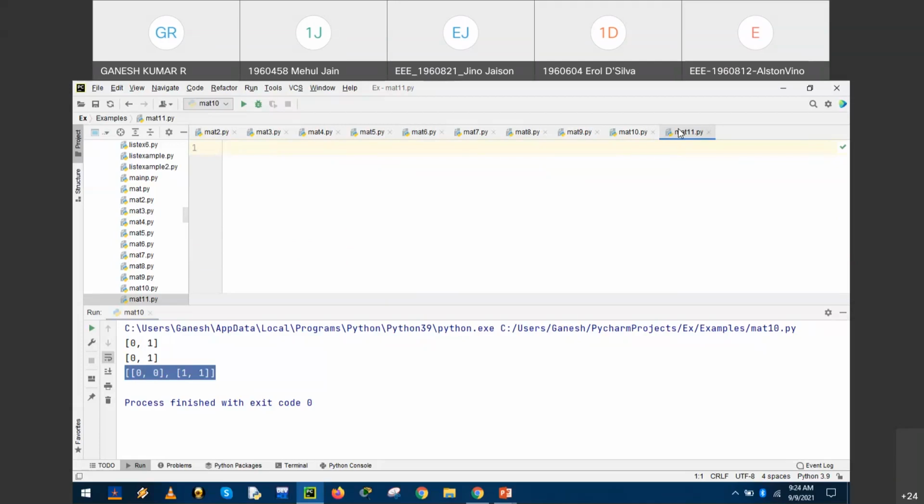But as far as multiplication is concerned, we know that the condition is, what should be the condition? For example, 2 into 3 is equal to 3 into, of any size, which means the column of first matrix must be equal to row of the second matrix.